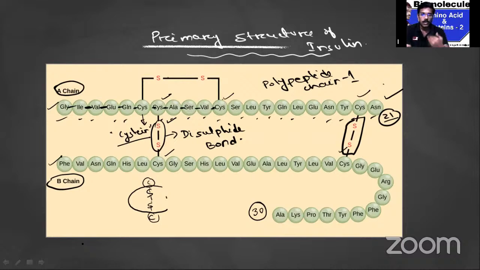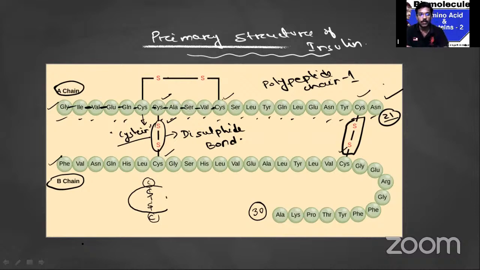Insulin is the activator actually. It is not a transporter. It activates the cell so that its glucose transporter opens. The glucose transporter protein will open so that the glucose from outside, in the blood, will enter inside the cells, so that the cell will get the glucose and make energy.